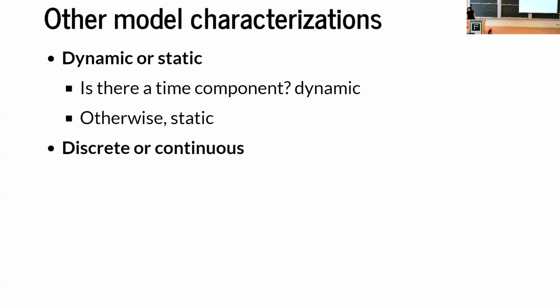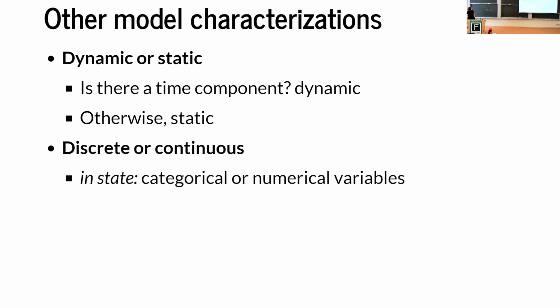That's fine too. There are discrete or continuous models. So for instance, they might be discrete or continuous in state. So in stats, we talk about categorical or numerical variables, right? Categorical ones are discrete. Numerical ones live on a spectrum. Arguable that there are actually discrete variables out there, but anyway. Or they could be discrete or continuous in time. So for instance, here is a difference equation where we've taken the time domain and we're looking at things in discrete steps, maybe seconds, minutes, days, whatever. Or we look in the continuous domain where we can come up with things like differential equations where we're looking at rates of change on a spectrum, on a continuum.